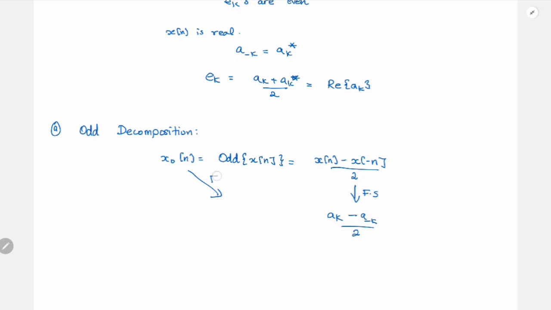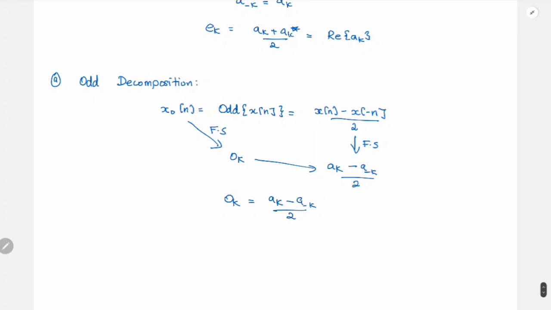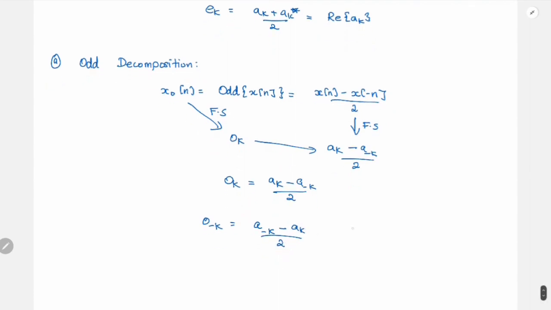And for this Fourier series, let me call it o_k. So o_k will be equal to this. So again, if you take o_minus k, it is going to be equal to a_minus k minus a_k by 2. So the o_k's are also odd,